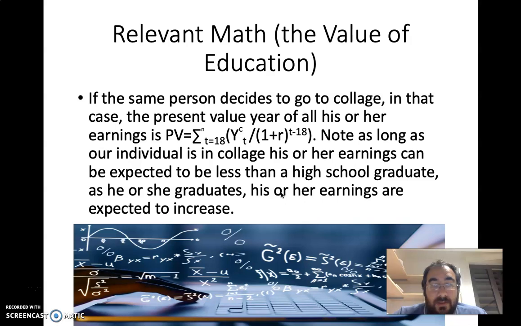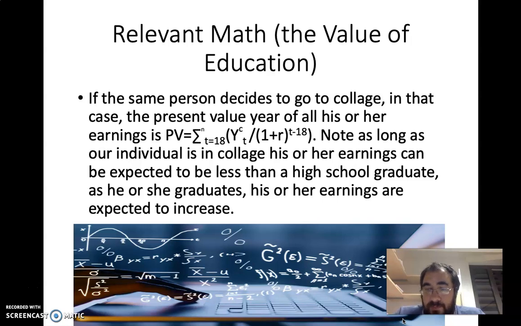And I have mentioned that the person might still work while at college, maybe in a part-time job, and he or she might have a partial income, but as long as the person is in college, of course, that income will be less than the high school income, and potentially it might even be zero. But once the person graduates, this income is expected to be higher. Also,